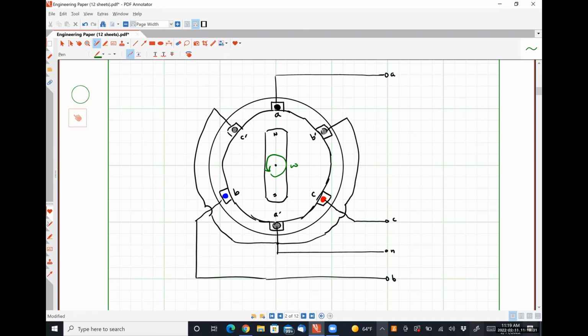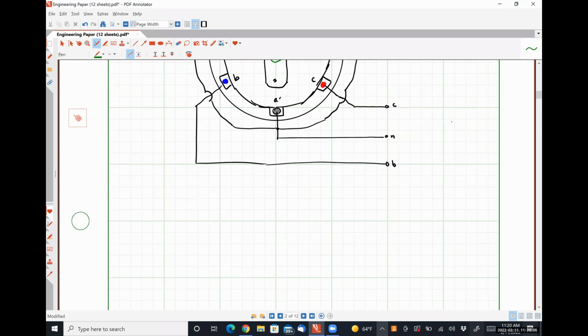And so what happens is that when this permanent magnet, which isn't really a permanent magnet by any stretch of the imagination, lines up with the coil represented by A, the amount of magnetic flux seen by coil A is at its maximum, right? Which means that the voltage induced will be at its maximum as well. So we should see